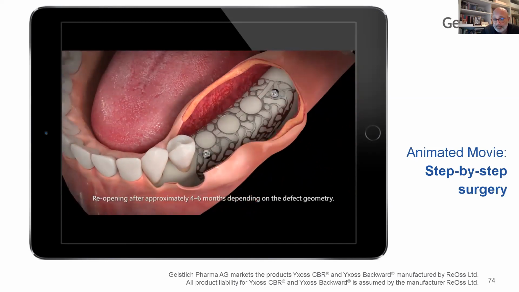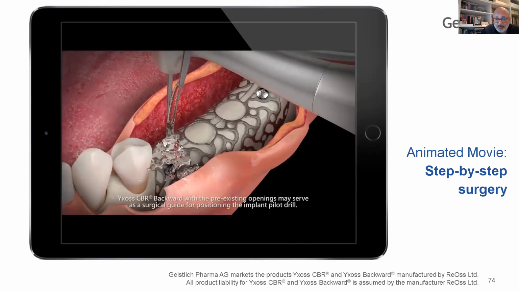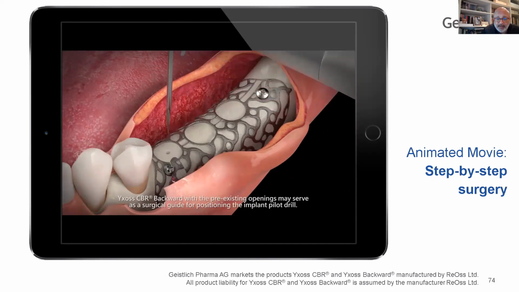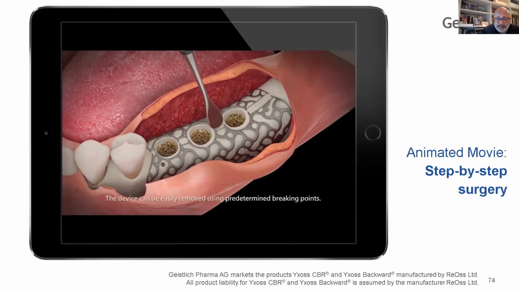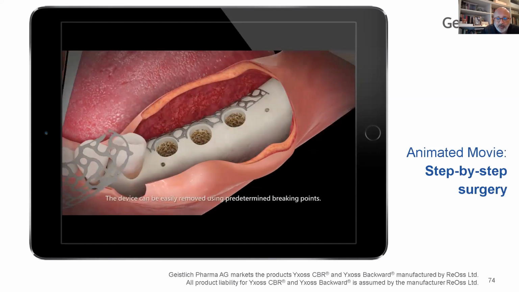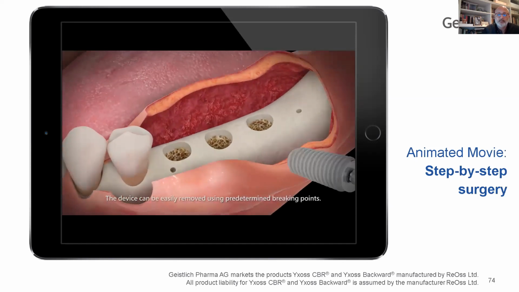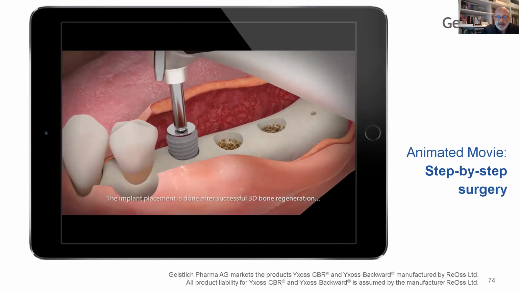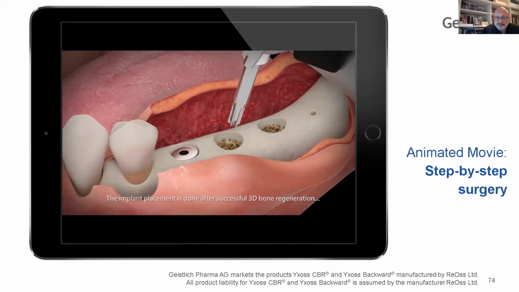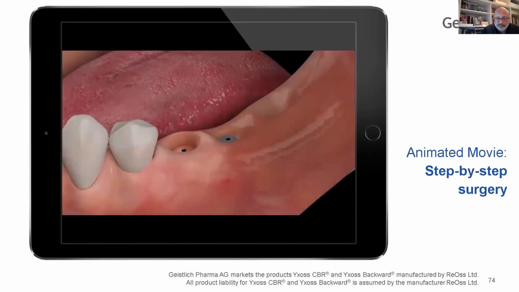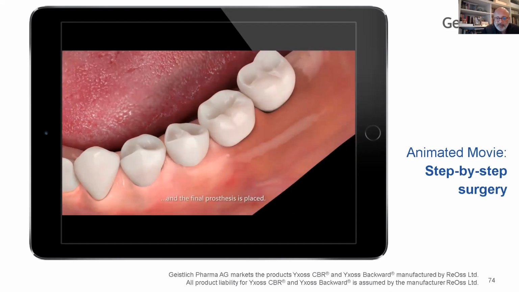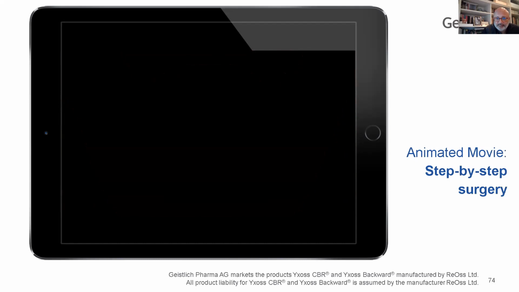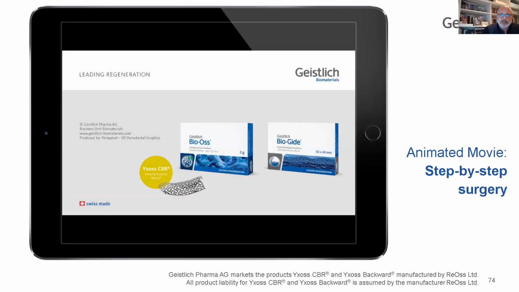This is approximately 4 to 6 months. I would say 6 months. I would not go back in there prior to 6 months. They're using their pin drill to basically create the spaces. Now this is the breaking of the back of the mesh and removal, and implant placement. Time for the placement of the final prosthesis. And it is